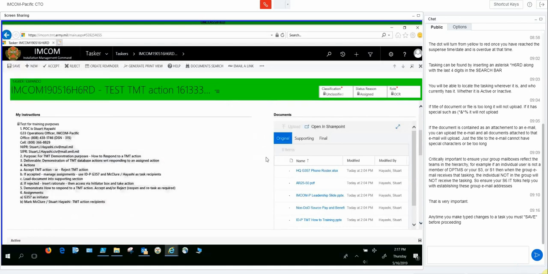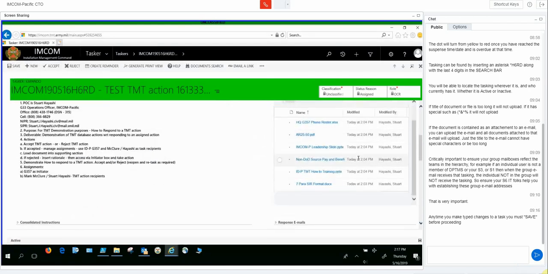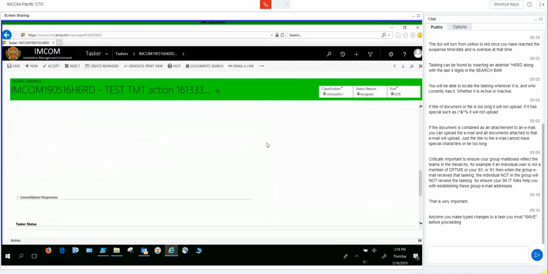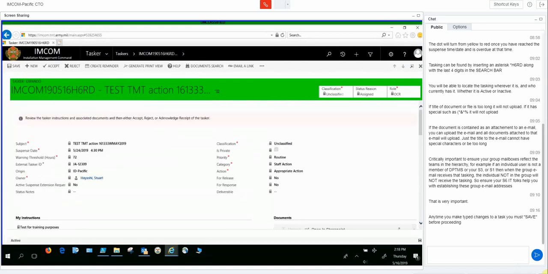And if it is in fact your task, then go ahead and accept. The reason I tell you not to click that button right away is because once you make a selection, either you're going to accept it or reject it, the database will lock you in. That is your choice. You must carry out the action to completion. So if you accept it, you must finish the tasking. If you reject it, which is what I'm going to do,